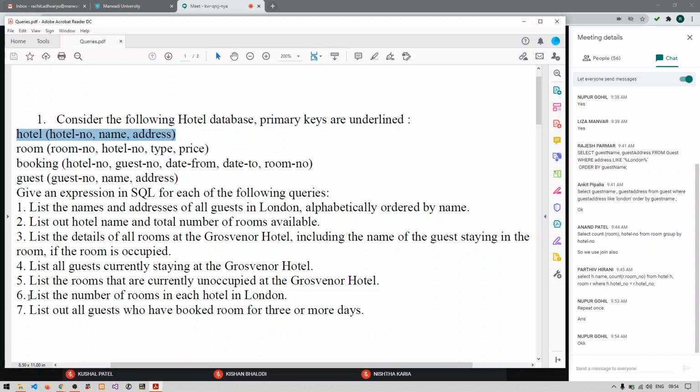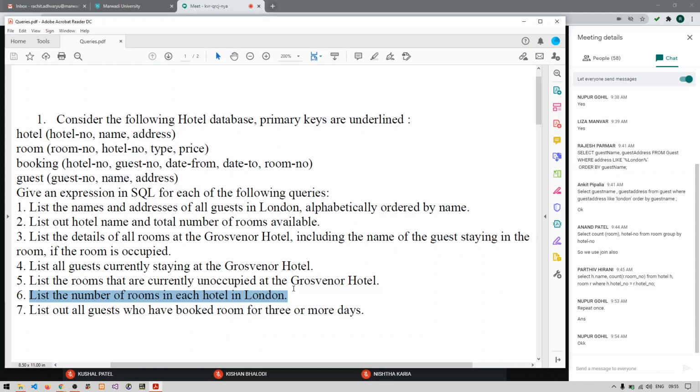Right. Give me the answer of the sixth query. List the number of rooms in each hotel in London. You need to use group by somewhere. So list the number of rooms in each hotel.